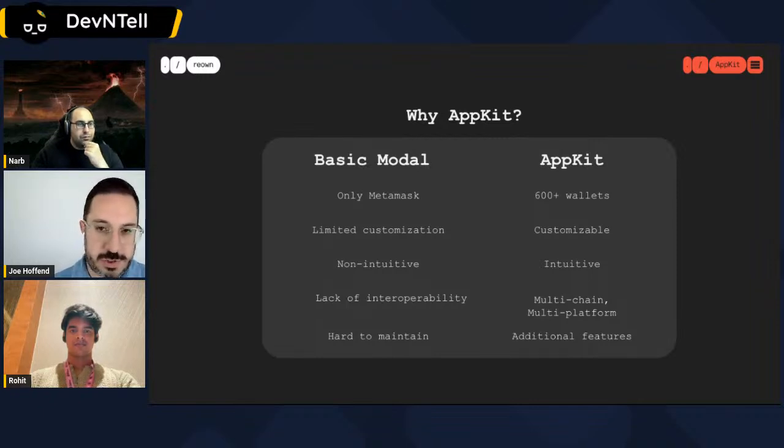And as I'm going to talk about just shortly more as well, we are bringing AppKit to be more multi-chain and multi-platform. So, whether you're building on web or mobile, we've got different platforms available to use AppKit on, and we're also expanding our chain support. So at the end of the day, a basic modal, or maybe the modal you used a while ago that's old or not maintained, is very hard to maintain, whereas AppKit just has lots of other features that are available for you, makes your end users' lives easier, and we're constantly improving it.